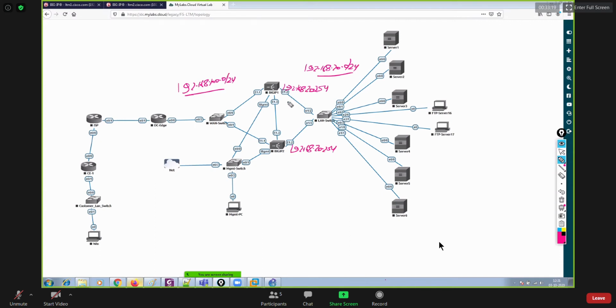Then I'll also assign a floating IP address, which is also known as virtual IP, and the virtual IP address would be 192.168.20.1, and same here, 192.168.20.1. That would be a virtual IP. For external VLAN, the subnet is 192.168.100.0/24. So 100.254 is already assigned to DHCP. 100.254 is already assigned here.